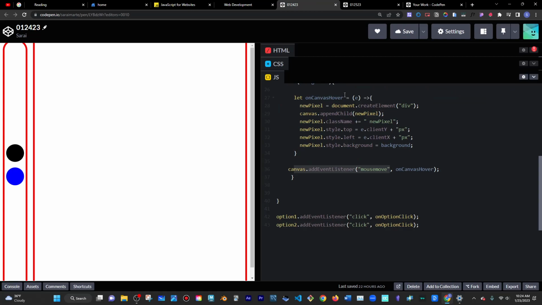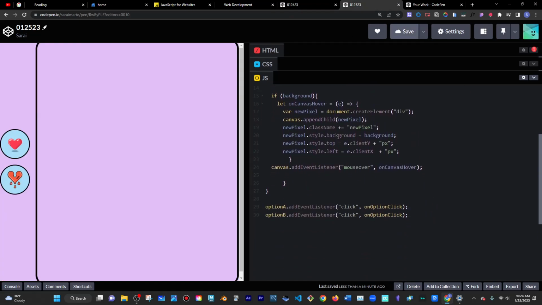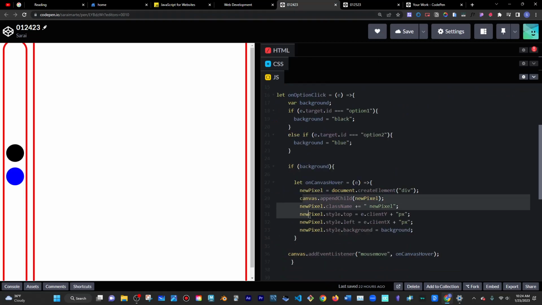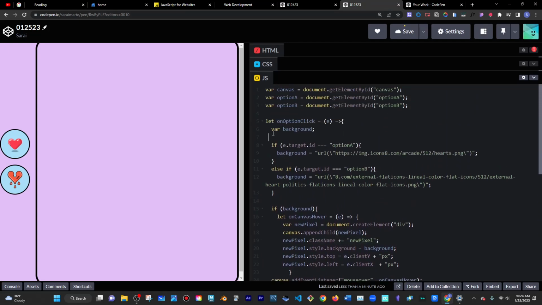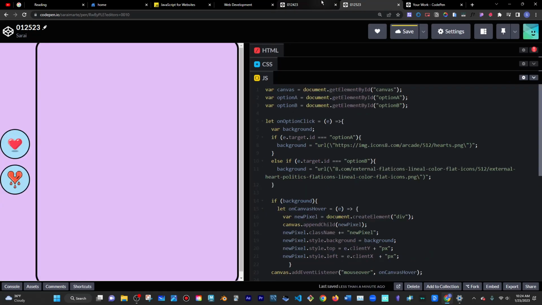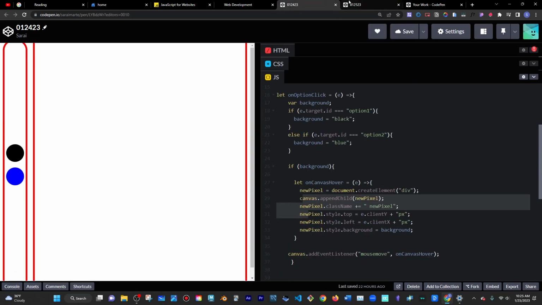clientY, blah blah blah, background, new pixel, createElement. I know all that stuff is working. But over here, they're blue. Why are they blue? appendChild. That's weird, because over here they're blue and over here they're yellow. Variable background: if e.target.id is the same as option 1, then background is equal to whatever, else if blah blah blah, and then if background,